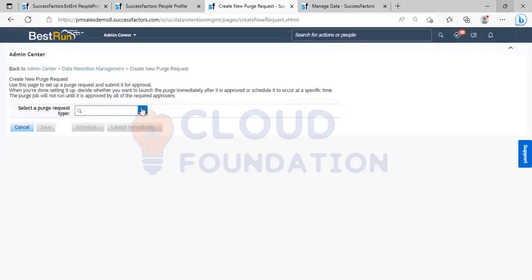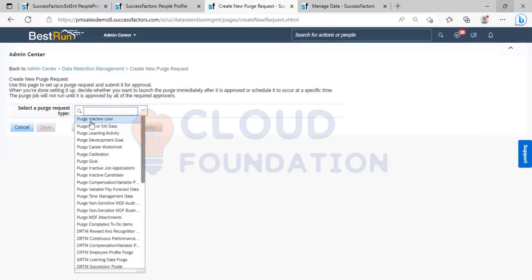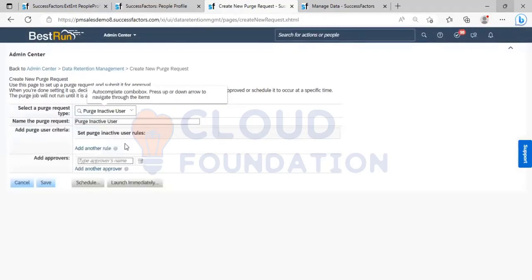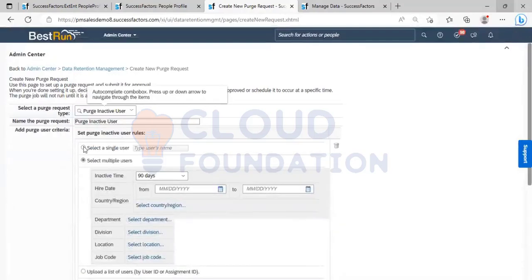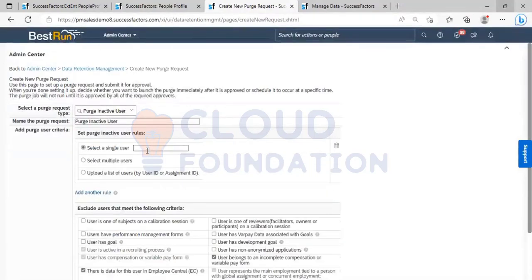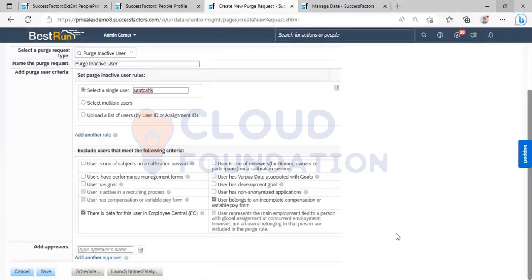Here you can select purge inactive user. Select a single user. What was the username? Santosh Kumar, right? Yes. Then scroll down. You can see two check boxes, which are already enabled. Just disable them by clicking over them. Then